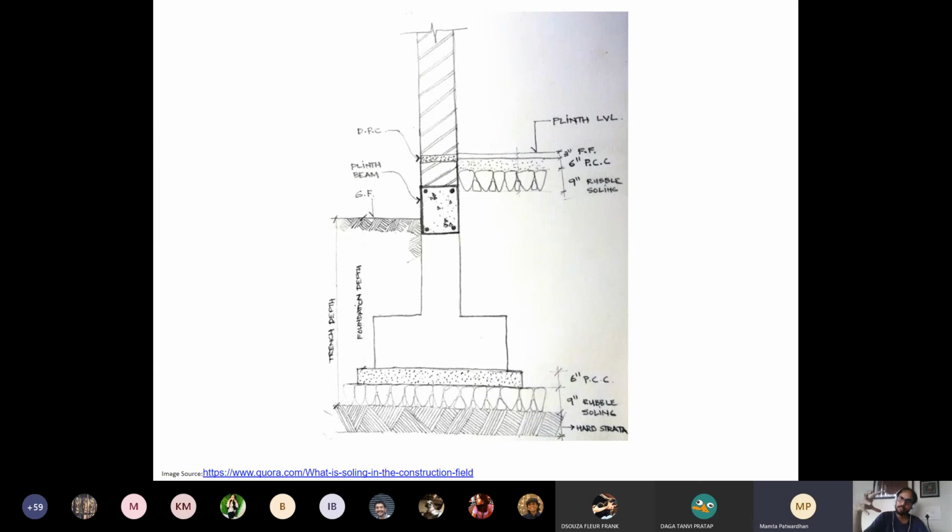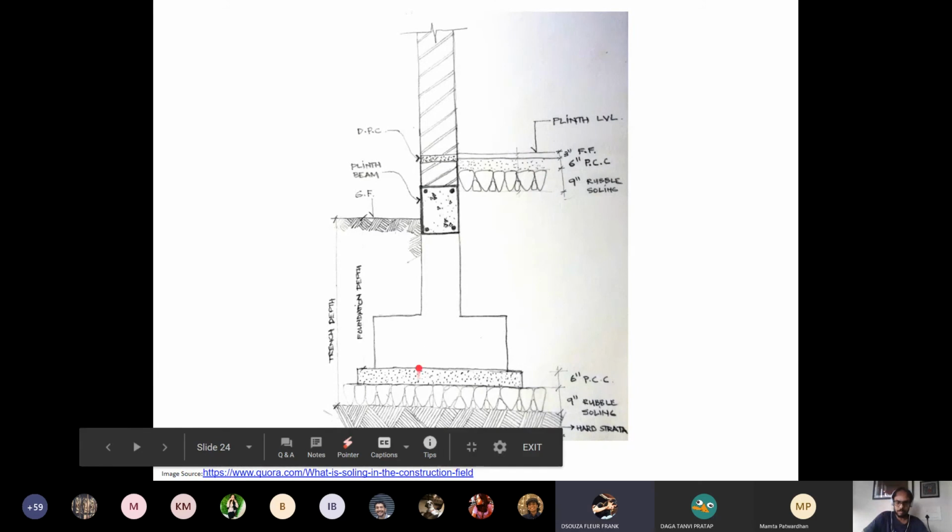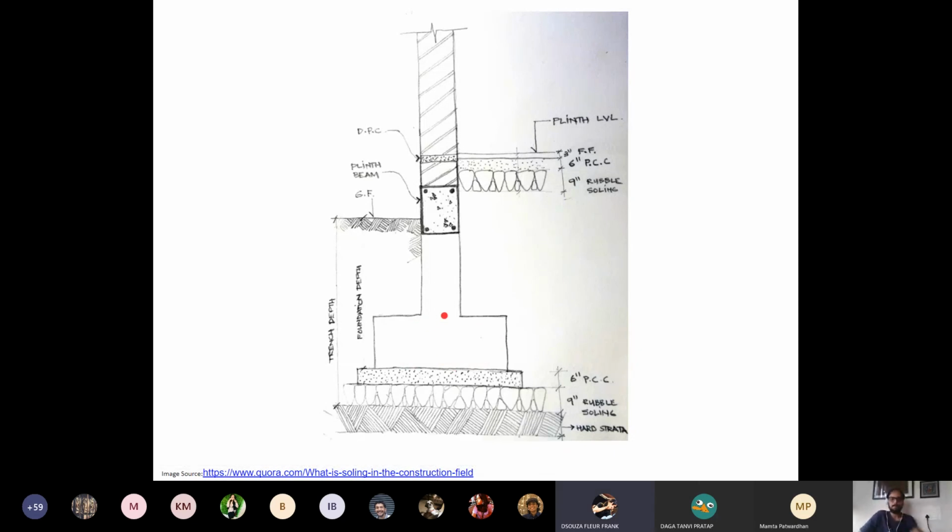Using that thumb rule and assuming the condition of soil, you can actually get the area of footing. And that way you can suggest, in plan at least, the square of the footing. You can use some of the keys that we have given here to decide the thickness or the height of the footing. The inaccuracies are going to be in the actual design of this element right now, so we'll be aware of that.